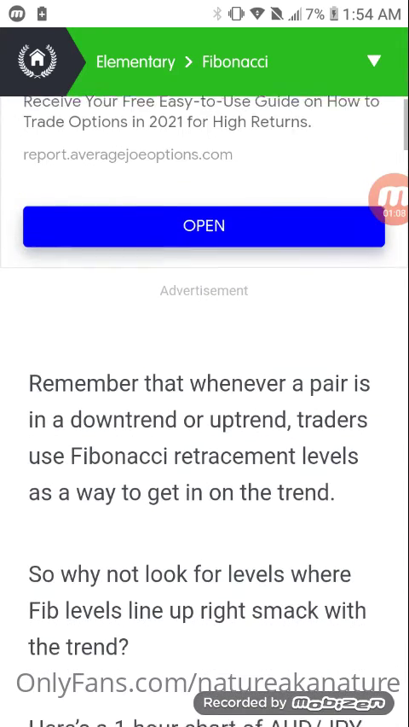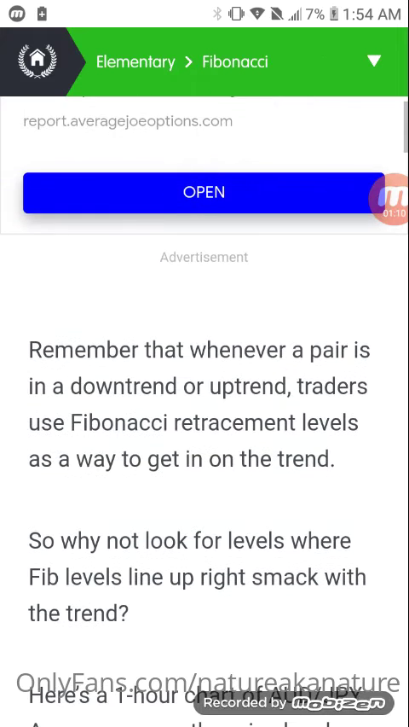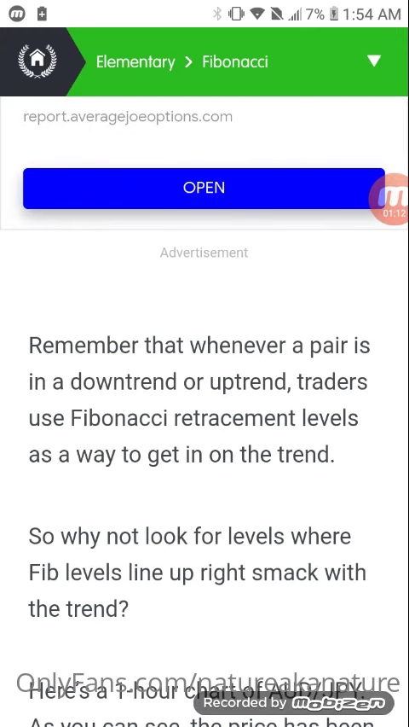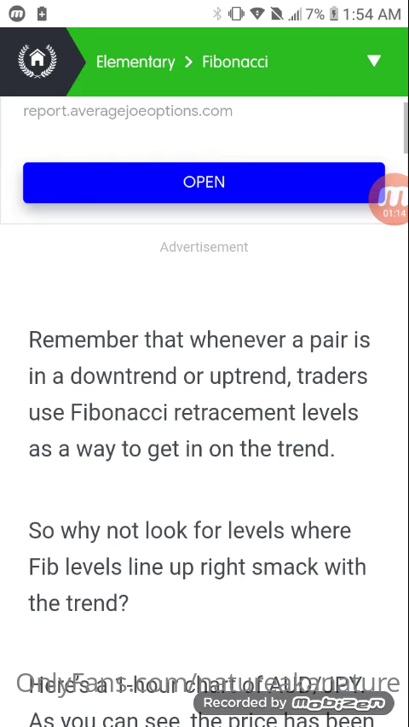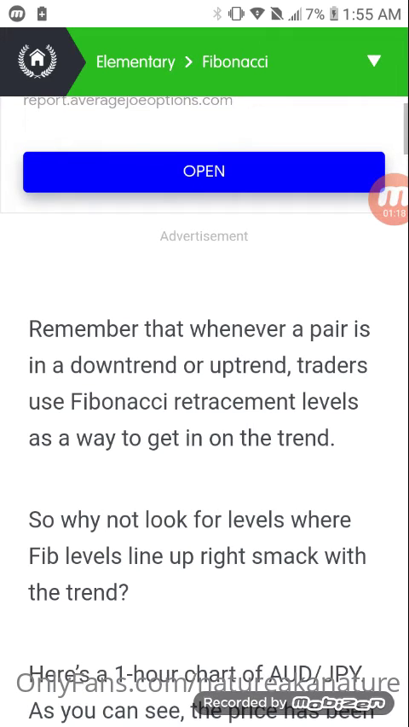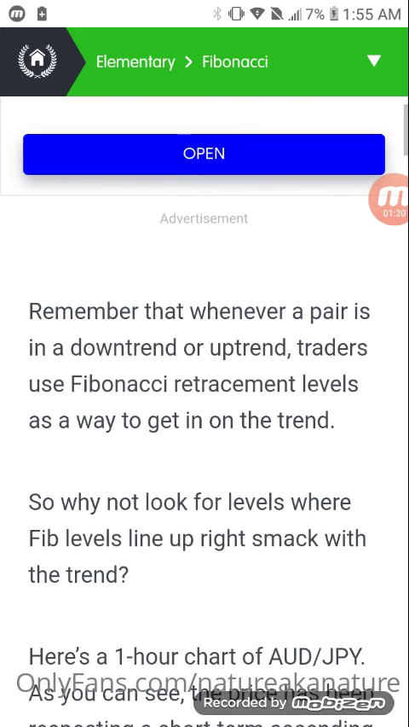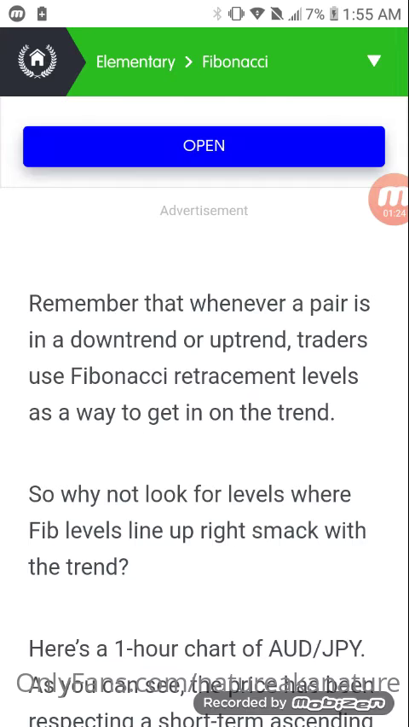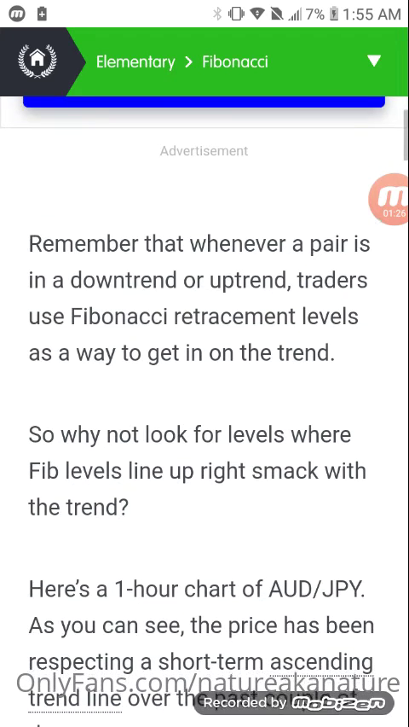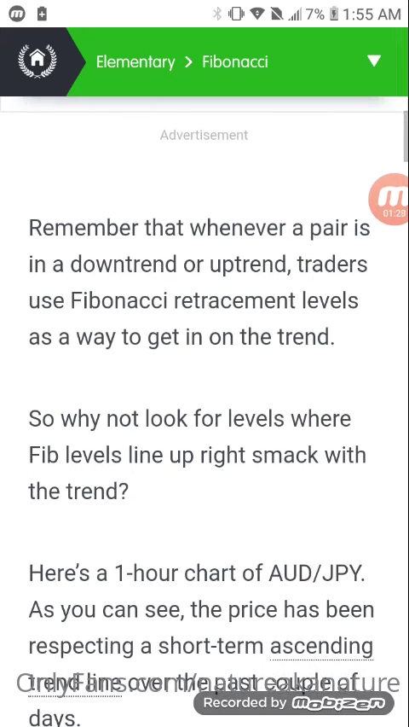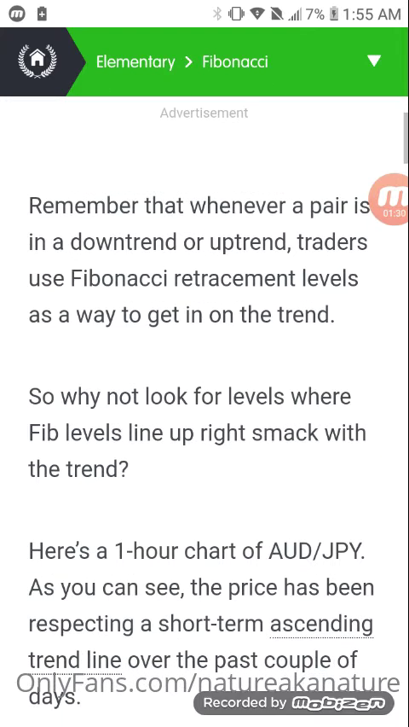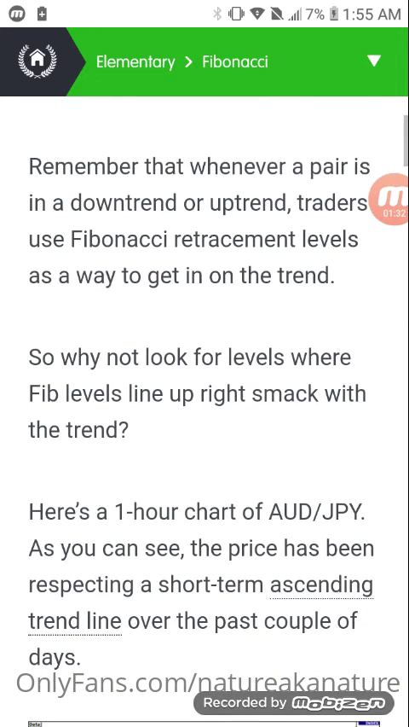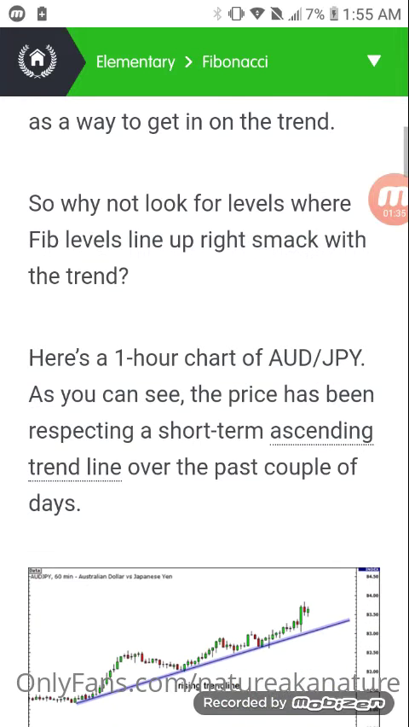Remember that whenever a pair is in a downtrend or an uptrend, traders use a Fibonacci retracement level as a way to enter a trade, to find entries. This is how you find sniper entries. So why not look for levels where Fibonacci levels line up right with the trend line? Here's a 1 hour chart of